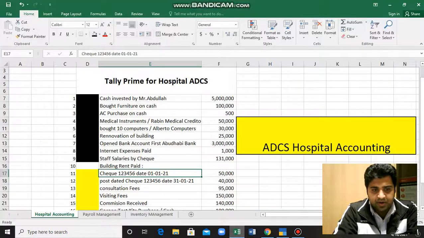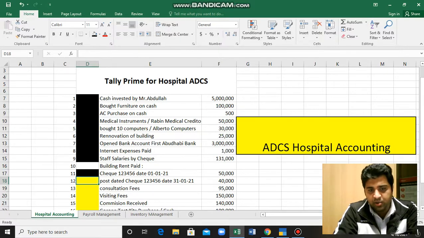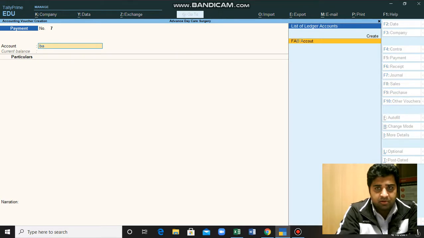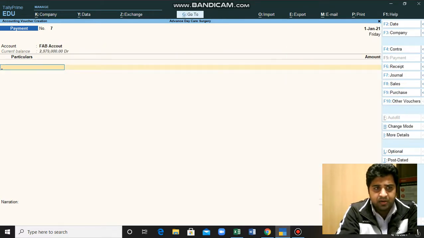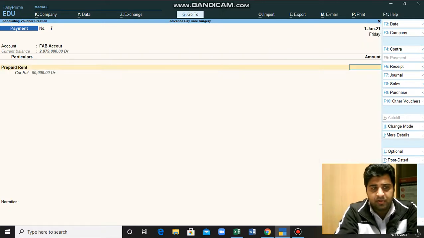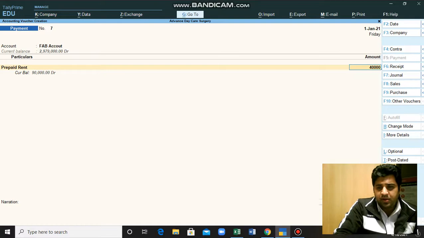Now we will deal with the next part of the transaction, which is a post-dated check issued for 40,000, which will be active on 31 January 2021, for instance. We will go into our ledger system here. Again, we are dealing with the bank, so we will select bank here, and secondly we are going to pay prepaid rent again. Prepaid rent will get a debit of 40,000, but here we need to do something. In Tally ERP we are given a facility